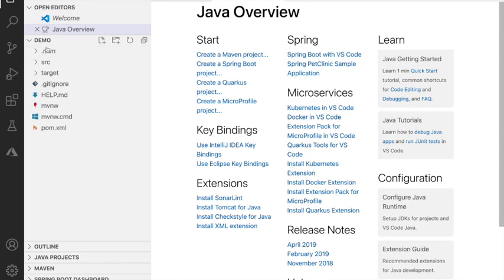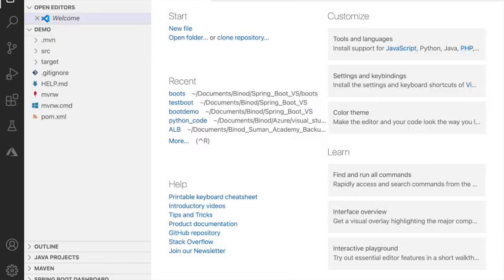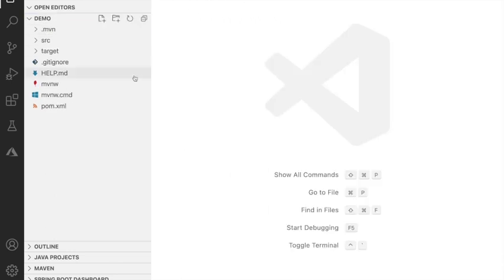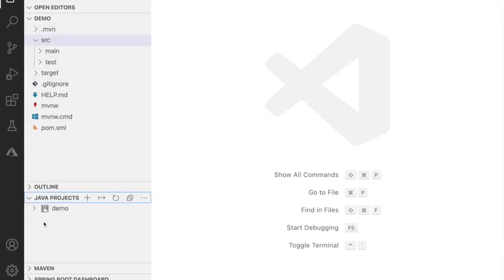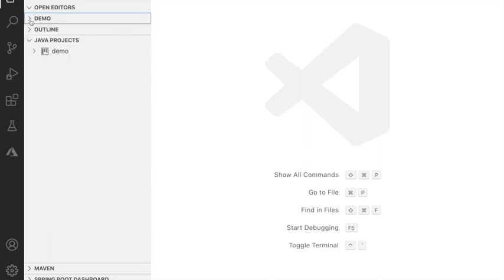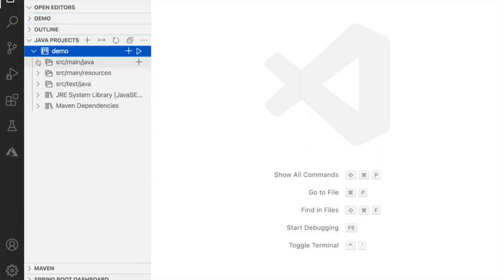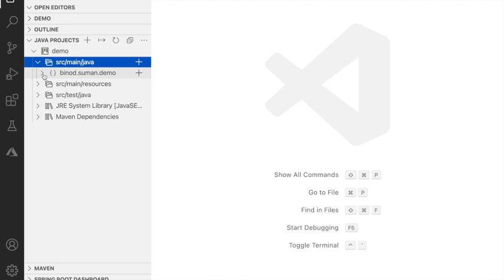Now the welcome page is not required, you can close it. Now if you see here, we have all the structure here, right? Java, main, and all those things. But if you want to see it in an organized form, then use the Java project, what you used to have in Eclipse. So now if you see here, demo, everything here, right?